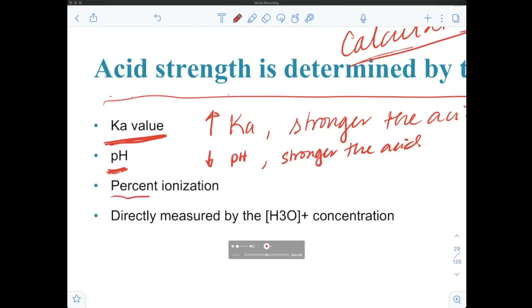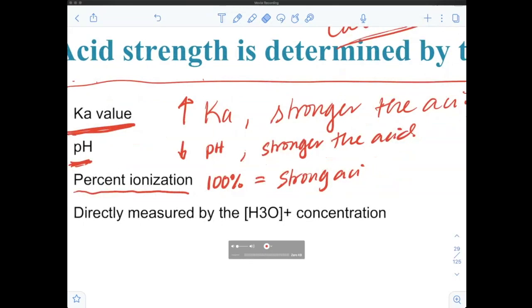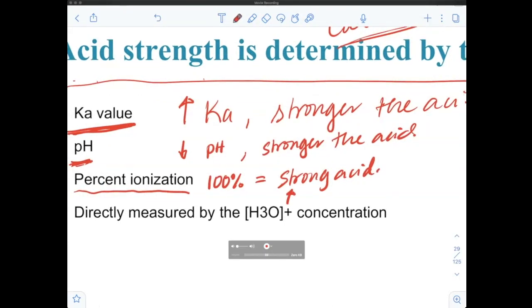Okay. And then percent ionization. I just mentioned that, right? I said that strong acids ionize 100%. So 100% tells you that you have a strong acid. With that being the case, let me erase this right here, strong acid. With that being the case, the higher the percent ionization, the stronger